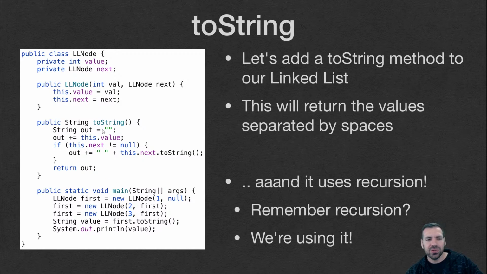So let's give it a toString method. And this is going to go through the whole list and concatenate all of the values of the list together and then return the big concatenated result. And it's going to use recursion. So I promised recursion would come back in a big way. It's coming back today, and it'll come back even bigger next